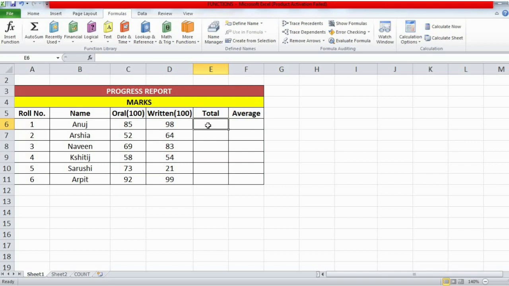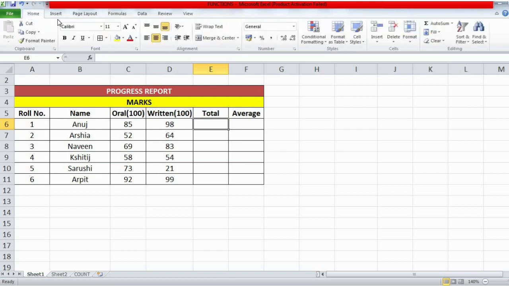So we click on the cell where we want the total, then go to the home tab. Come over here in the editing group, come to this auto sum option, click over here, and then click on the sum function. As soon as students click on the sum function, the sum function is already displayed over here. Now see, equal to SUM(C6:D6). This is C6, this is D6. It's correct. Just press enter. See, the total is shown so easily and so quickly.